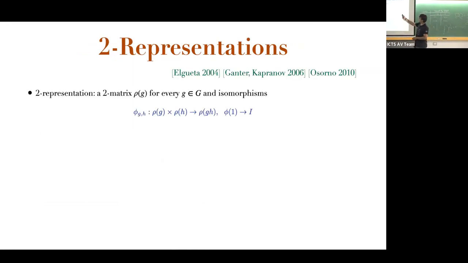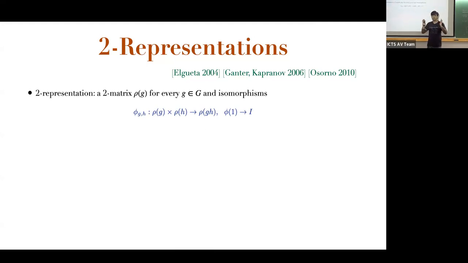We start with a group. For every group element, we fix a 2-matrix. So we don't fix a matrix, which would be normal representation theory. For every group element, we fix a 2-matrix. Now we require these isomorphisms. For normal representations, we require that rho G times rho H is rho GH,